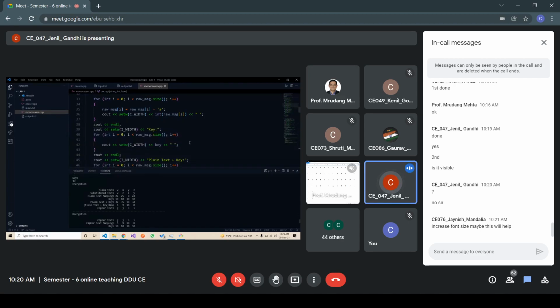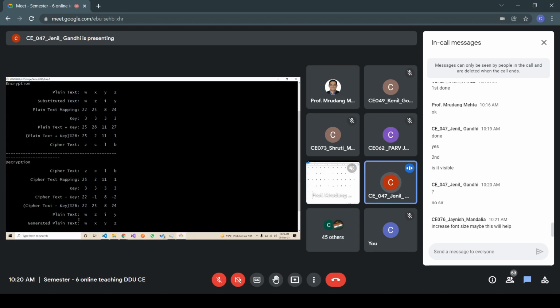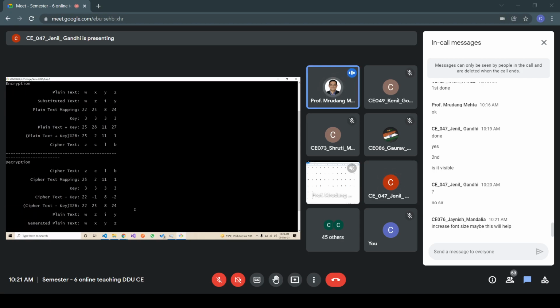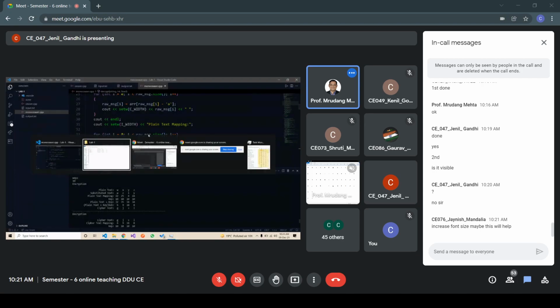Using this same mapping, see sir, it is generating this text which is the same as this substituted text, and then we are converting this text from the mapping back to the plain text. Okay. So double algorithms are mapped. Okay, fine. Good. You are very fast. Okay, sir. Thank you, sir.